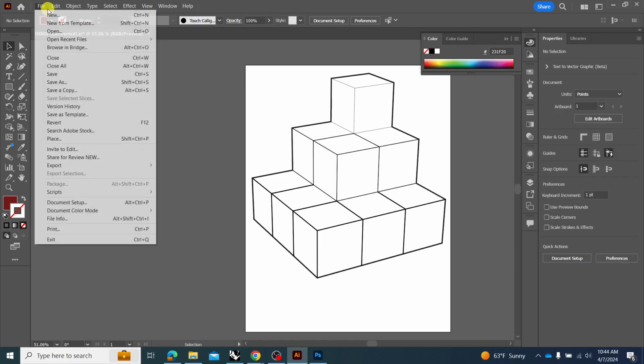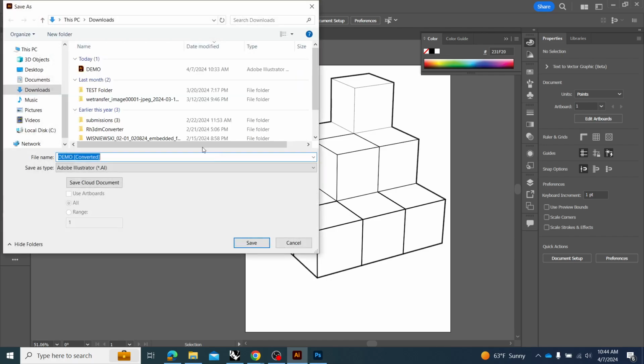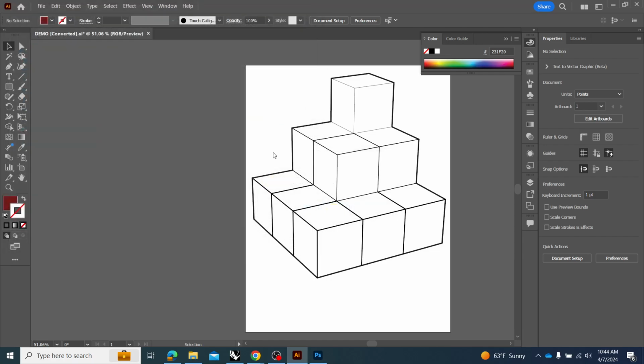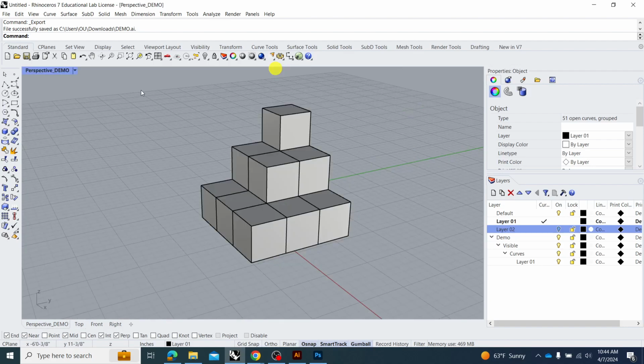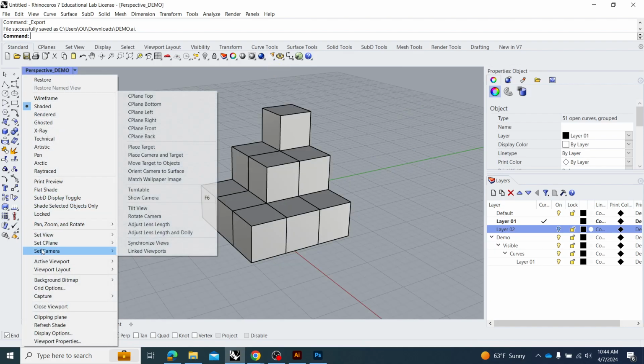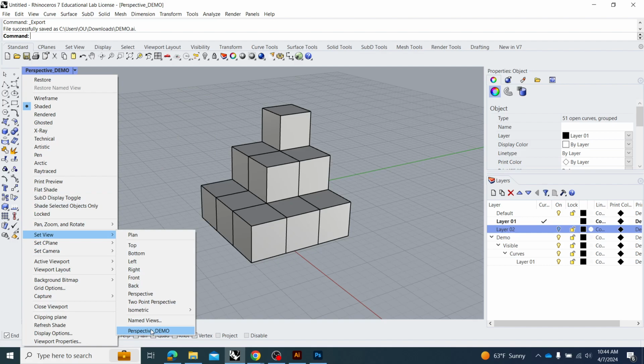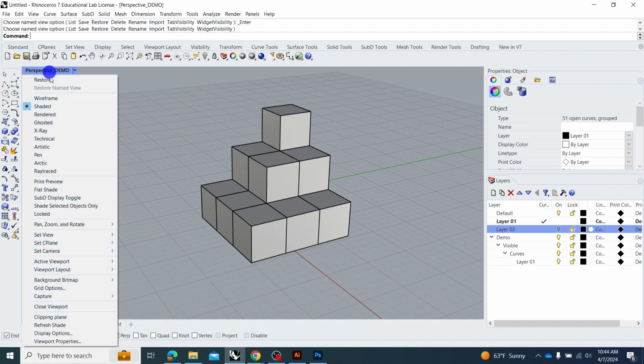Now we can save this, just as we're going to save over the original. Okay. Now, because I don't have Inkscape, I'm just going to use just a screenshot of my Arctic mode,